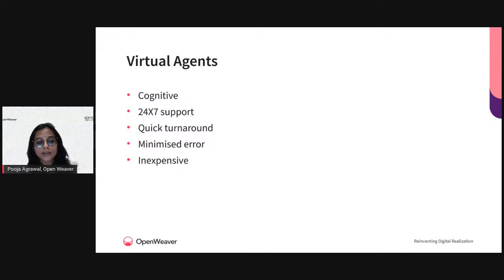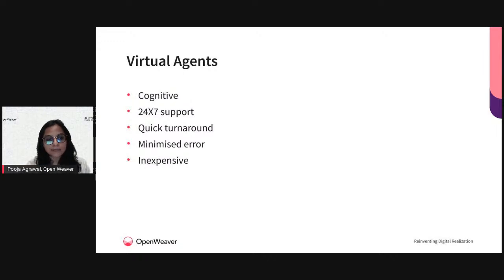You expect the virtual agent to have that cognition and to give you a quick turnaround. Those features have become better every now and then based on the enhancements in the technology.